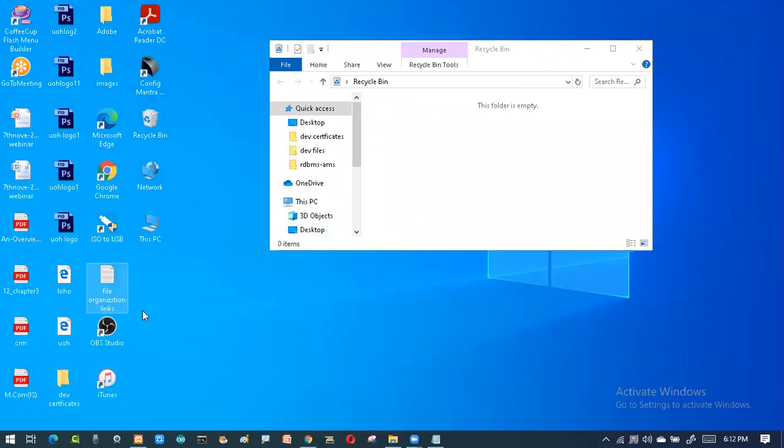But suppose you deleted this permanently, then I'm not putting it in the dustbin, I'll just say delete this one. So I'm deleting this particular file from my computer. Before that, I'll make a copy of this so that I don't miss the links. So I want to delete this permanently.